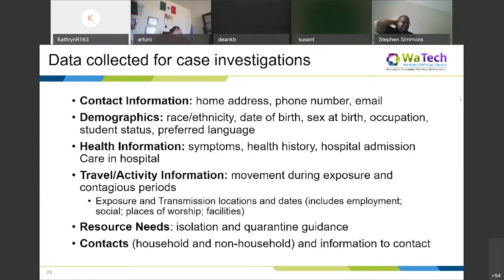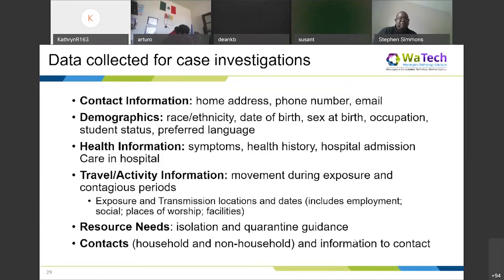I did notice in the WAC that race and ethnicity are not part of what has to be mandated reported by the healthcare providers, which I think is possibly creating the gap in some of this information, but I know that everybody's working hard to make sure that they're collecting appropriate demographic information to make sure we're targeting everybody equally in terms of helping to mitigate the impacts of the disease.